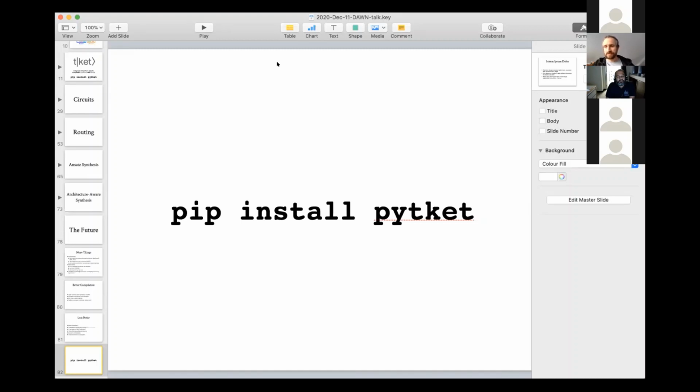Okay. And one question regarding the part where you were explaining the routing. You mentioned the log-n depth increase. Is that for linear nearest neighbor circuits, or is it for general circuits? I'm not very sure about that. Yes, so I can make that statement more precise. The assumption is that the circuits are random, so they don't have any fixed connectivity, and that the architecture you're mapping them onto is a random regular graph.